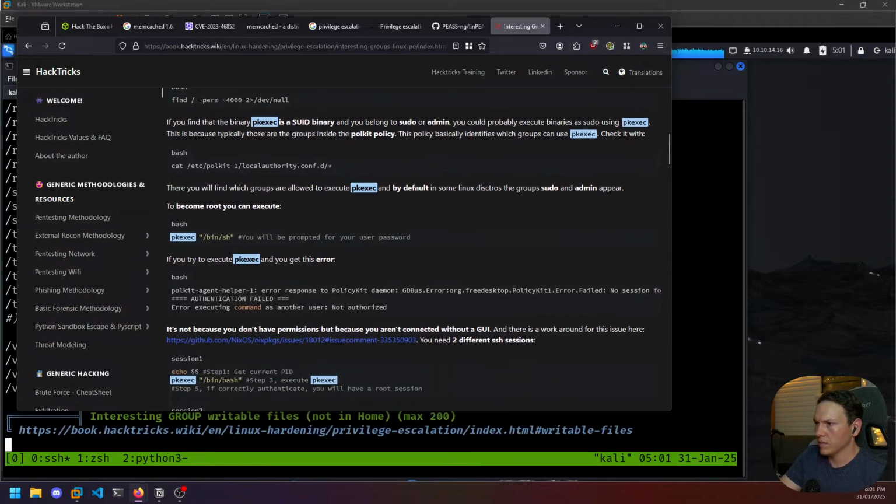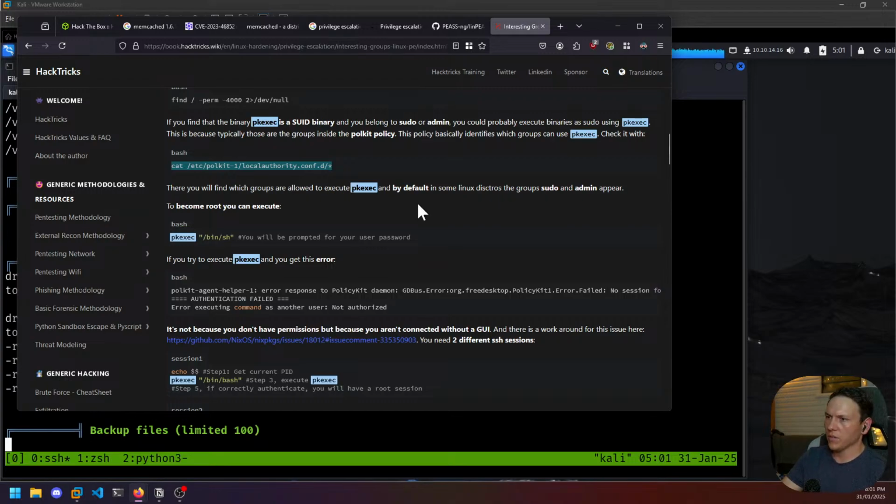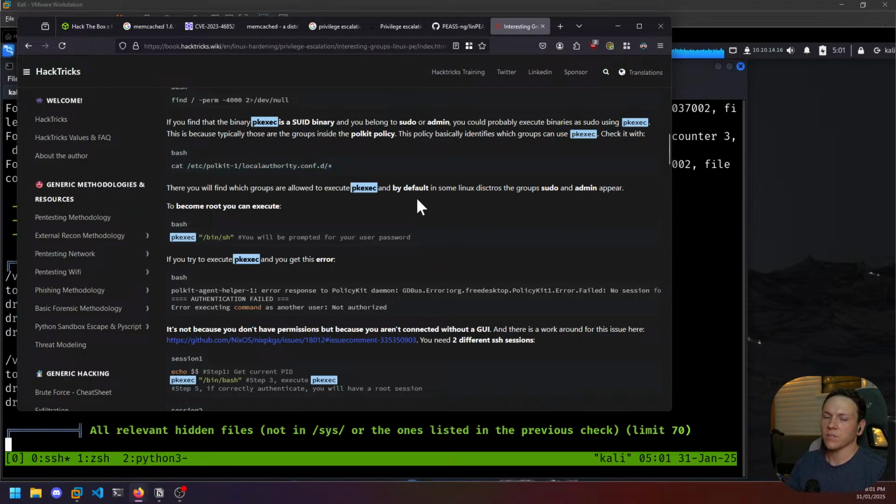So if we count that, find which groups are allowed to execute pkexec, and by default in some Linux distros